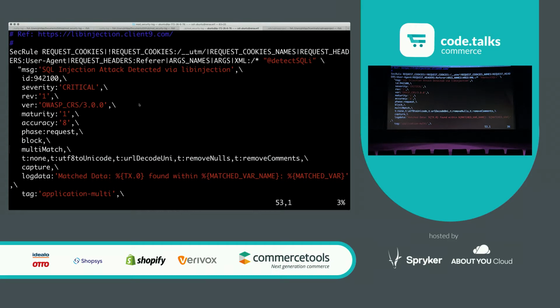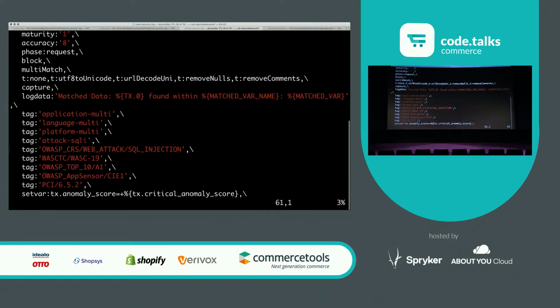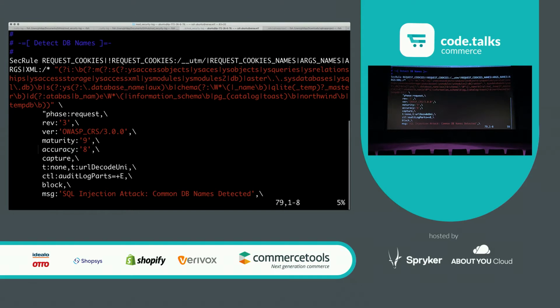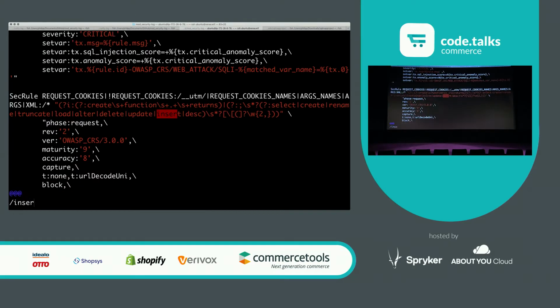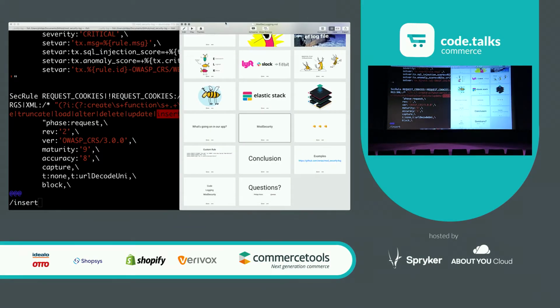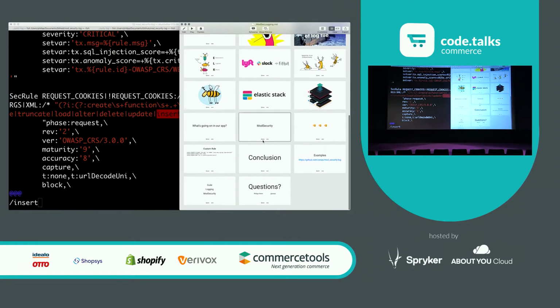It's just the default rules provided by ModSecurity. Probably somewhere in there you would find an insert. Anything that looks like this regular expression, which does one of these requests, looks kind of fishy and would then be blocked automatically. If you would want to write your own rule,